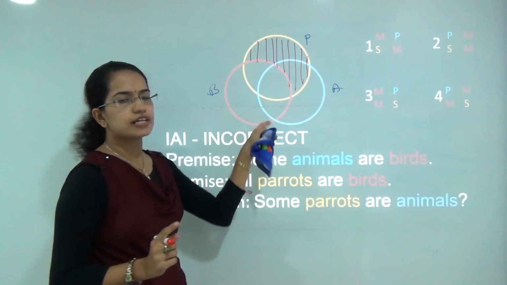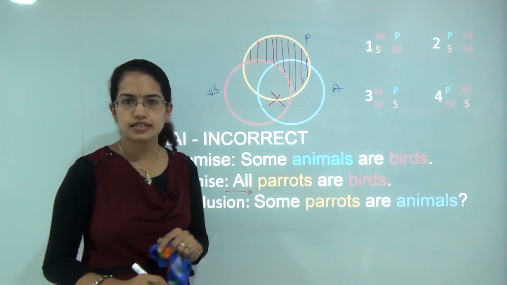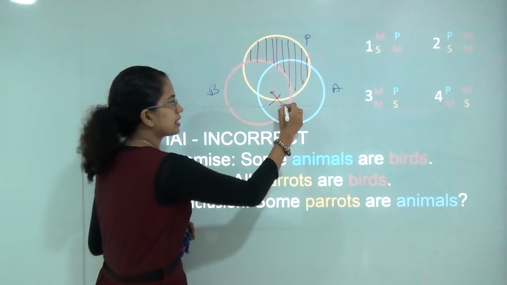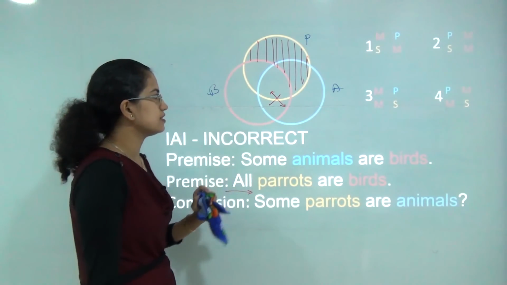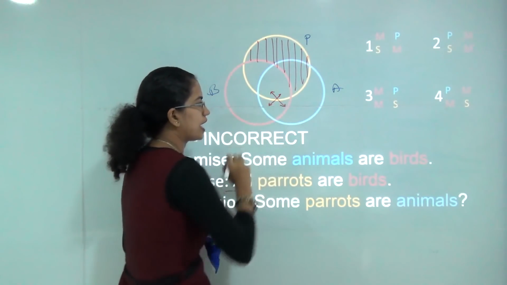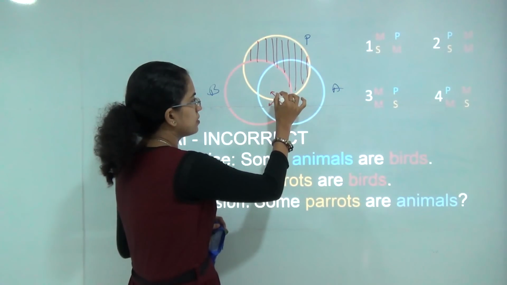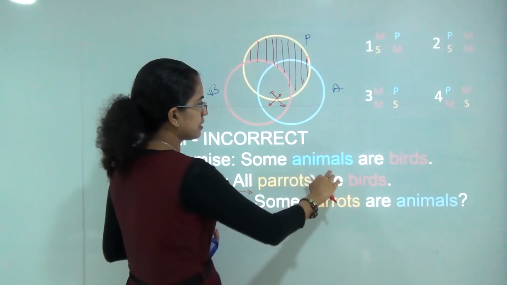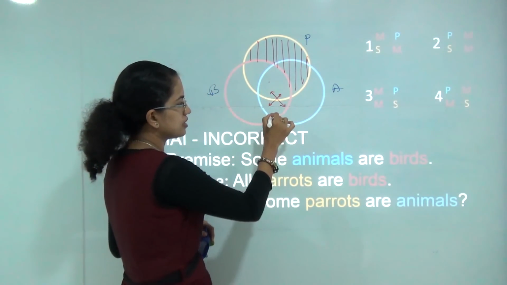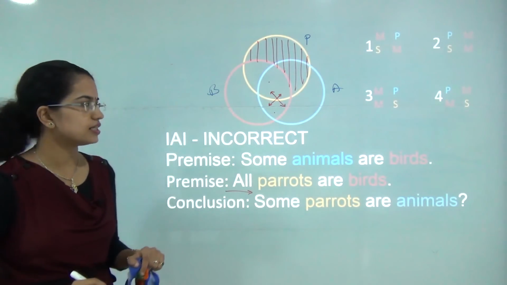And whenever it's lying in two regions, I mark it in the center of the two lines, or I intersect the lines. So I mark X here. That denotes X can be in this region, or some can be in this region, or some can be in both regions. So what I do is I mark it with X and I put arrows here. So that would help you understand better. So you have some animals which are birds. So some animals which are birds can be here. Some animals which are birds can be here, or they can be present in both the regions.